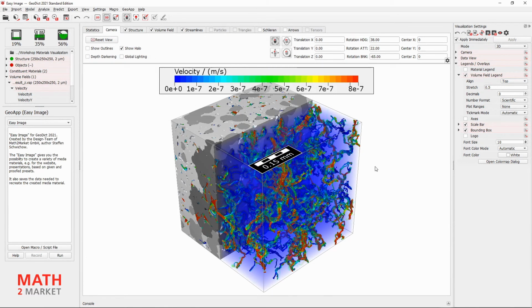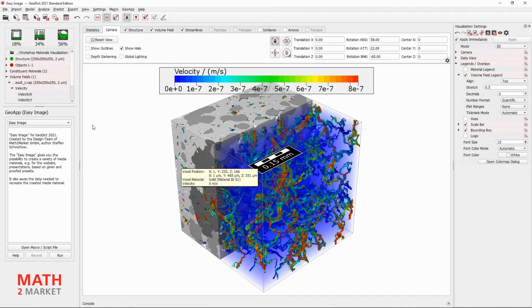As a conclusion for the second part of this workshop, we will have a look at another preset of EasyImage, the Split by Materials preset. The Split by Materials preset divides the microstructure based on the different material IDs and visualizes them evenly distributed, similar to an exploded view diagram. This way, the different materials within the microstructure can be evaluated side by side. The splitting process can also be visualized in the form of a video.